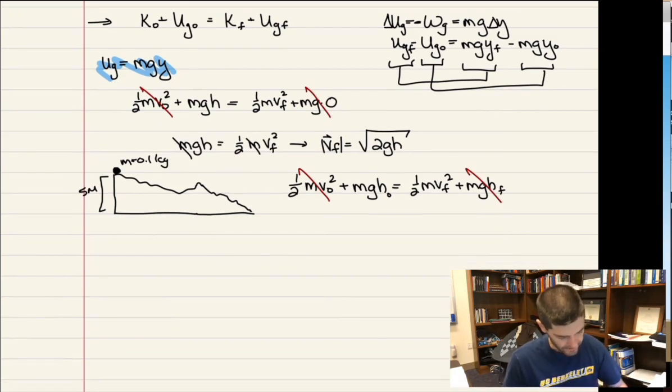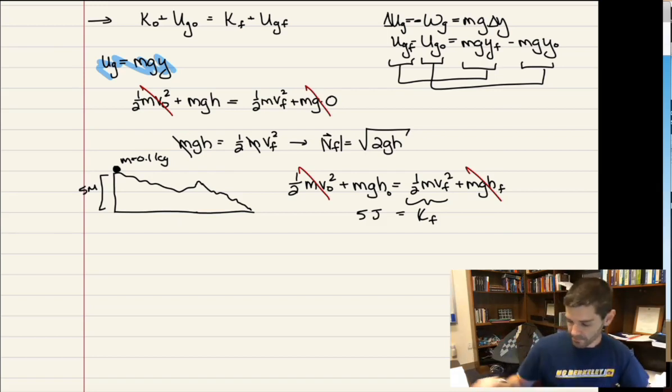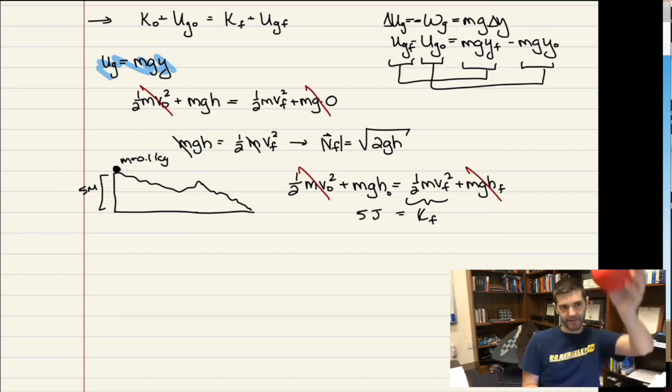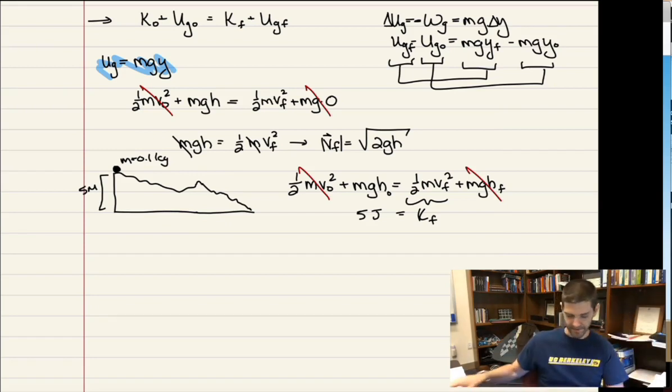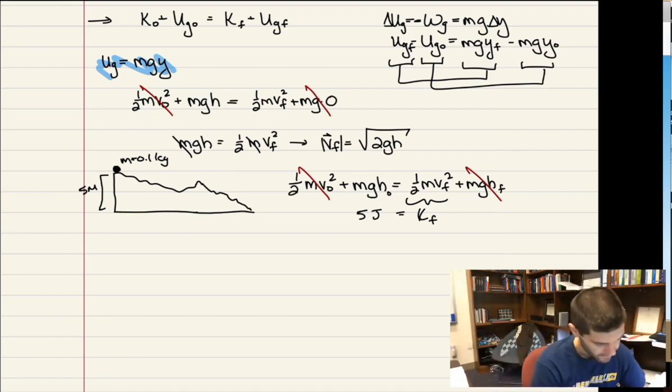You can also see, if we just called this the final kinetic energy, you could also plug in m, little g, and h, which we saw before when we were doing work was 5 joules. That again, the final kinetic energy is equal to 5 joules. If you remember the original problem, we threw it up with 5 joules, 5 joules got robbed away by gravity, but then gravity just gives it back. Which again is the idea of conservative forces. You can store stuff away in potential energy, you can get it back